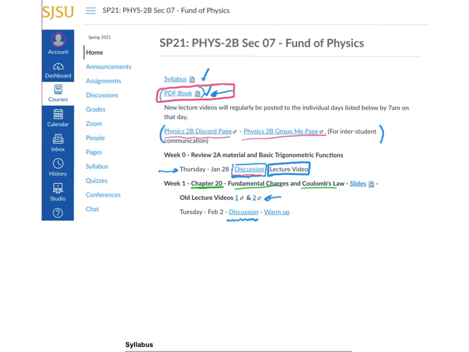If you want to do some reading, get started reading on the Physics 2B PDF book. Okay. If you already have the book written by Knight, you can start reading chapter 20 as well. But make sure you've got this 2A stuff under your belt first.